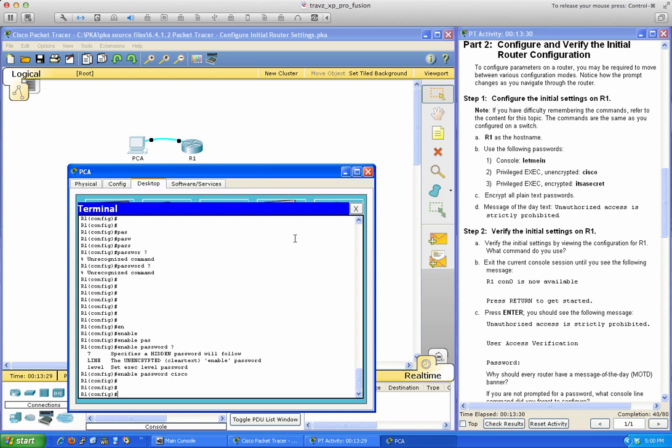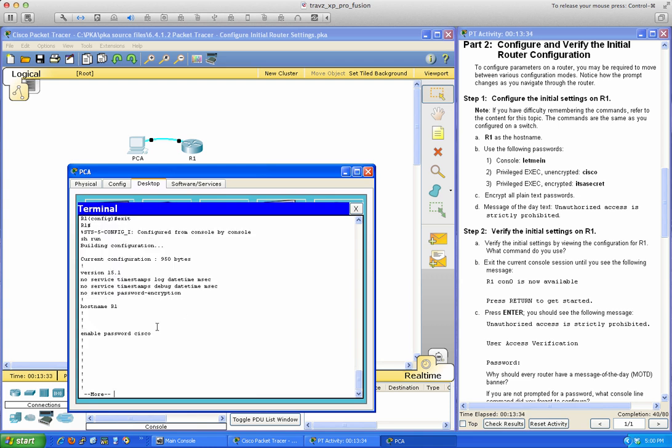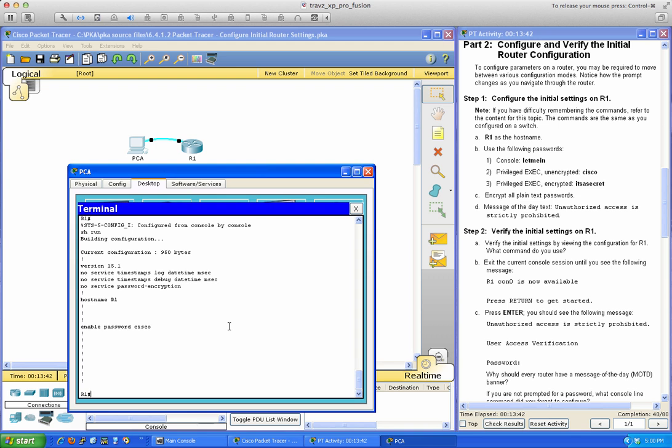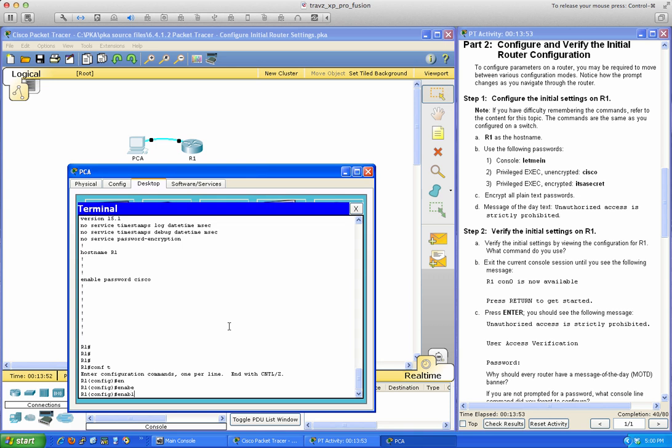Now if I were to exit out and do a show run, you can see that in order to get into the privileged exec mode, the unencrypted password is Cisco. But it also wants us to set an encrypted password. So what if I did global configuration mode by typing conf t, which is short for configure terminal, and then I typed in enable,